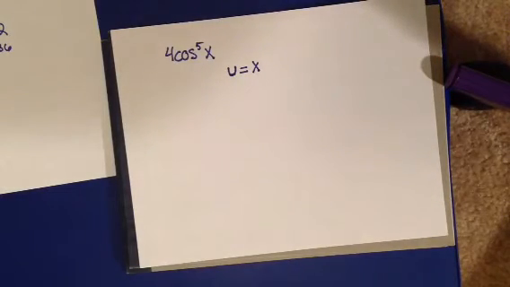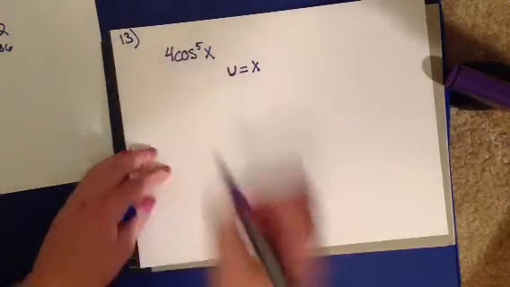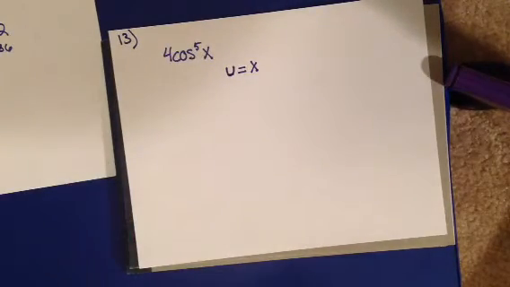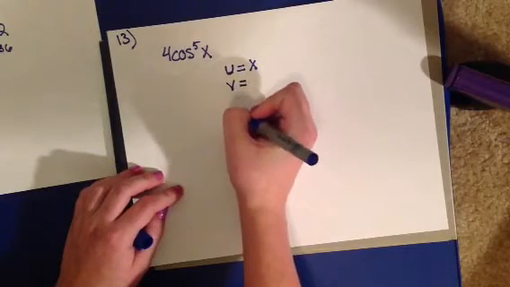Let me make sure I wrote the problem down right. Yep, I did. This is number 13. Okay, now we will continue on with our variables. Now we know we're going to need a lot, so you can make up your own letters. I think the book says to use V or something, so we'll go ahead and do that. So the next one will be V equals,